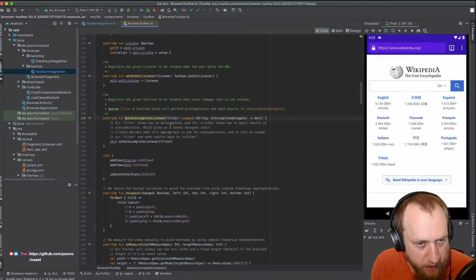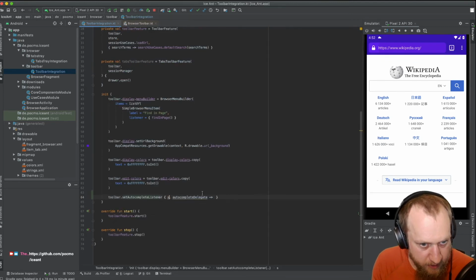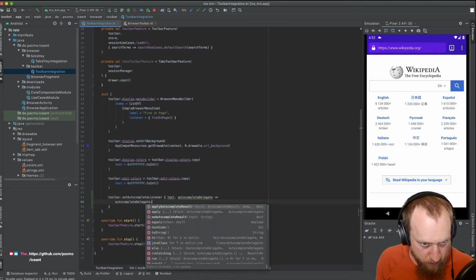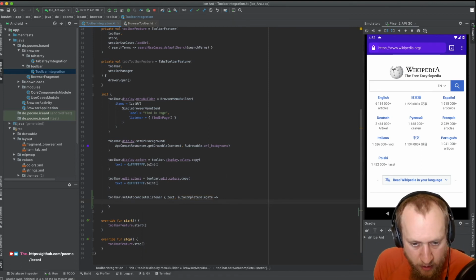Let's see, I never remember what this looks like. Registers the given function to be invoked when users change text in the toolbar. Okay, so we get in the text and the autocomplete delegate. Let's quickly check on a delegate. We can apply an autocomplete or say we don't have any. And now I need to